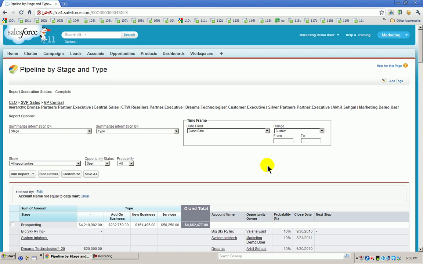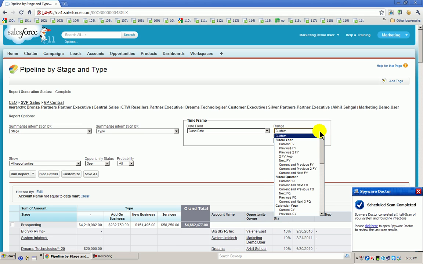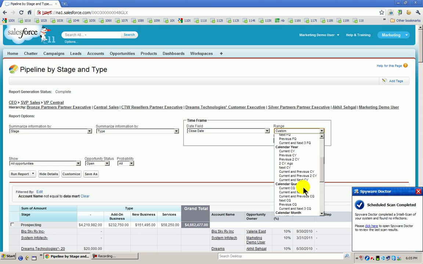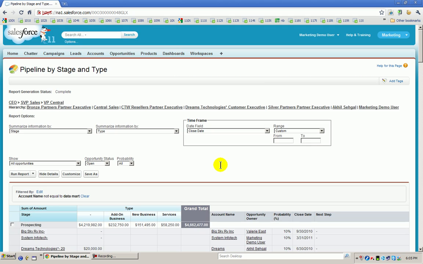Now the same report I want in a different format. Let's say the same report I want for the current financial year, or current quarter, or this month, last week, this week, yesterday to today. The same report can be given in thousands of ways, so you are not investing your time in generating different reports. So that is another thing. Now if you ask me, this is almost what I have done. I will show you two more things.